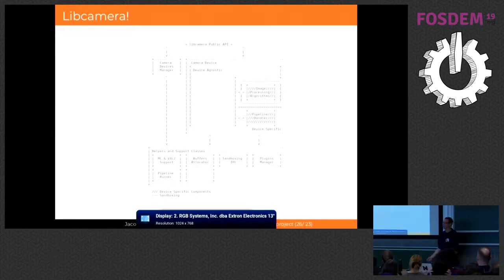On the camera object concept. If you ever work with media controller, you know that nowadays we have to specify which media device you want to work on, which video device node you want to operate on. libcamera aims to